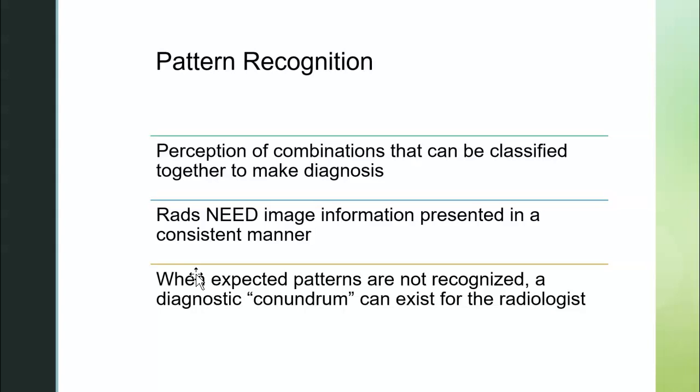So if they're looking at the abdomen, they look at the liver, the kidneys, the psoas muscle, the bladder. Then they look at the bony structures. They look at the spine, the ilia, the sacrum. It's very consistent and very methodical. So if something is not right, it throws the radiologist off, and they have to stop and stand back and figure out what's wrong with the image. Like if you have a chest x-ray that's semi-obliqued, it's going to throw the radiologist off, and they have to stop, and they're out of their normal pattern recognition. Okay,